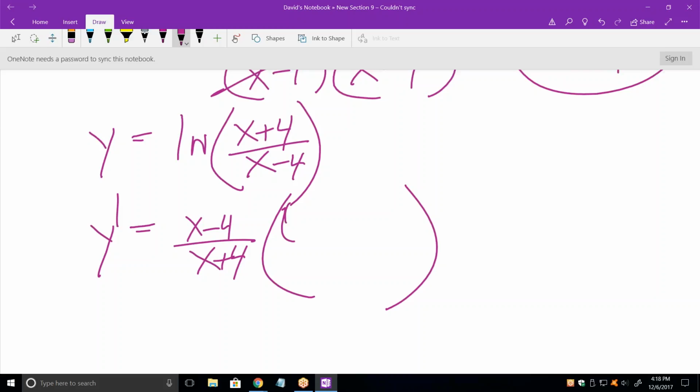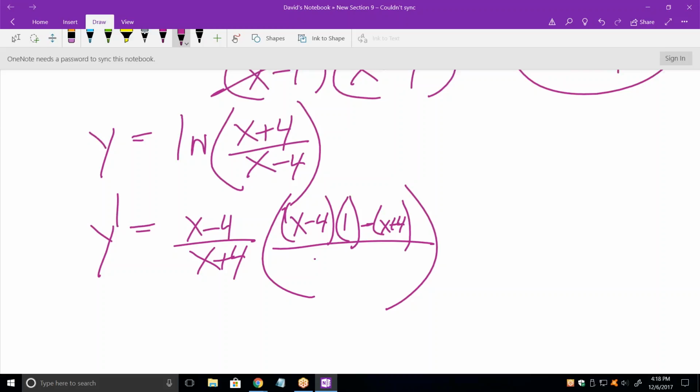What's the rule? It's the bottom times... Start with the bottom and end with the bottom squared. That tells you all you need to know. So start with the bottom: x minus 4 times just 1, minus x plus 4 times 1, all over